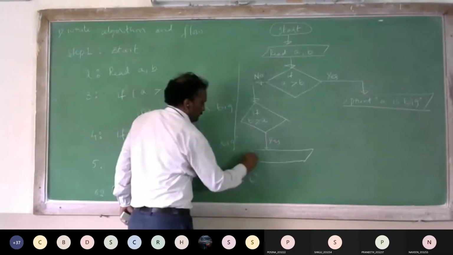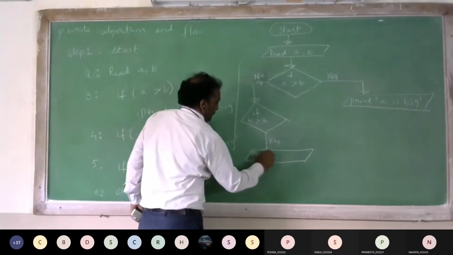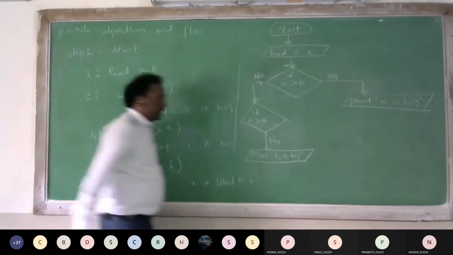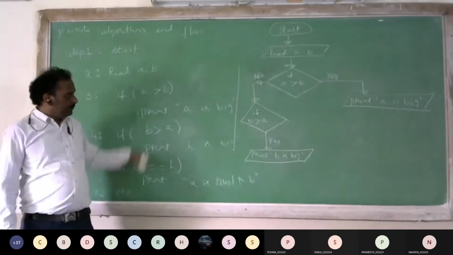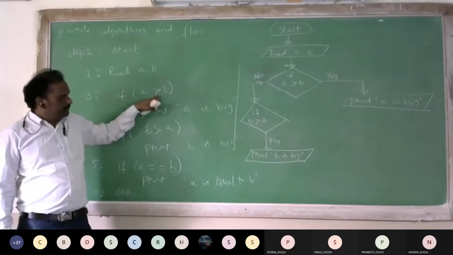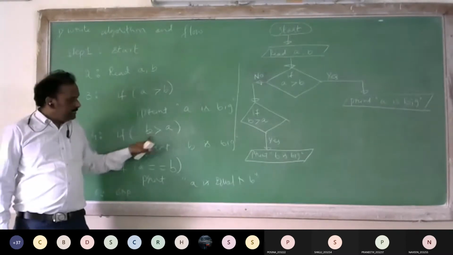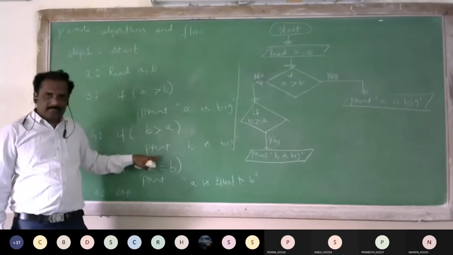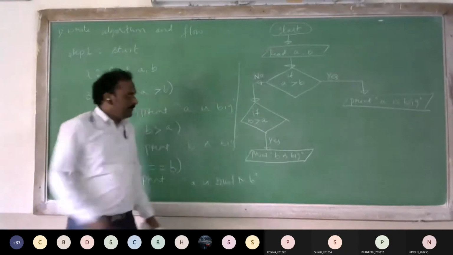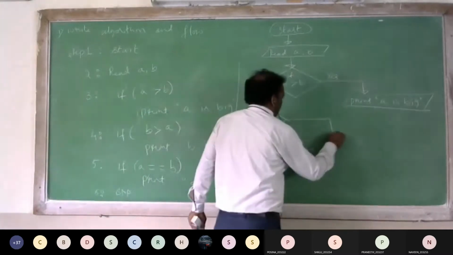B is bigger. Print B is big. If A is greater than B is false, then only you will come here. If B is greater than A, then only you will execute this statement. So print B is big. If it is yes, if it is no,